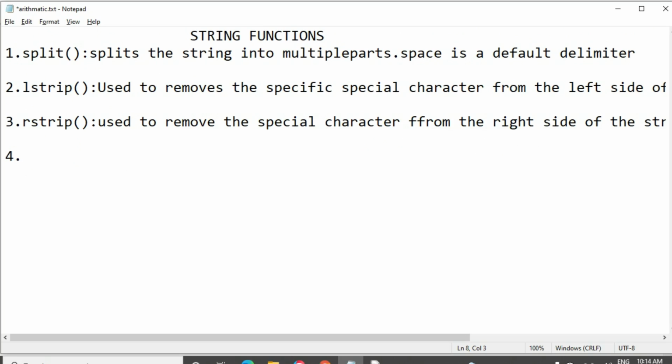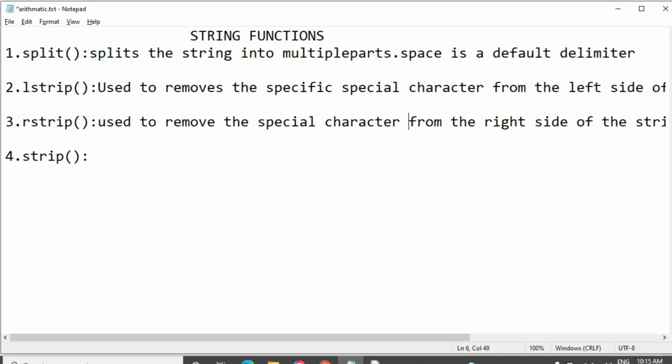Then the next one is the strip function. Lstrip is used to remove special characters from the left side, rstrip from the right side, and the strip function is used to remove the special character from both sides.